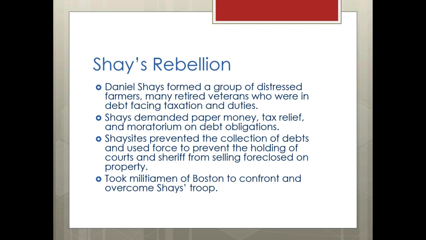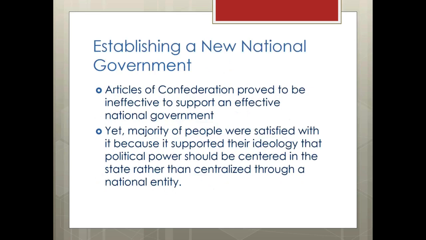The Shaysites prevented the collection of debts, and they used force to prevent the holding of courts and sheriffs from selling their foreclosed property. The militiamen of Boston ultimately confronted and overcame Shays' troops. But it became more and more apparent that the Articles of Confederation proved to be ineffective to support an effective